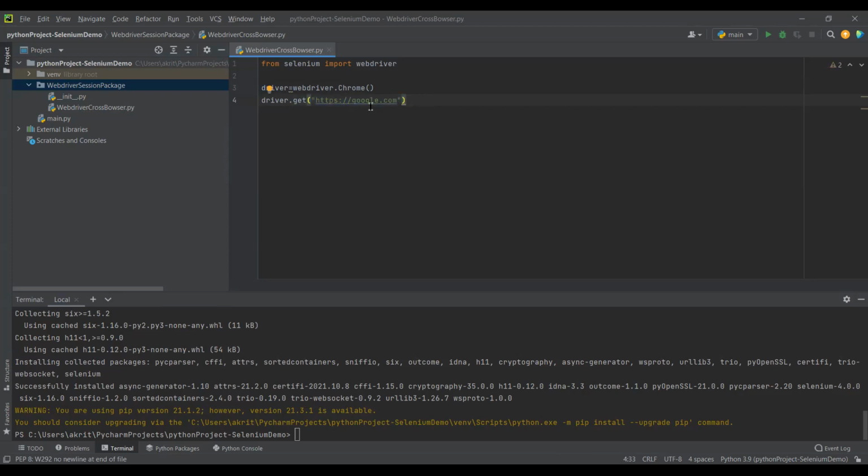So it is important to provide a proper and full URL, because sometimes it's mandatory to have HTTPS or HTTP. The protocols are important when we are trying to navigate. Sometimes it throws an error if the protocol is not properly added here. And now we'll say print driver dot title. Now we have created this, and we'll try to run it.